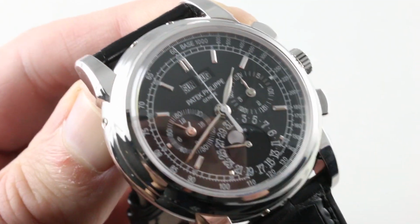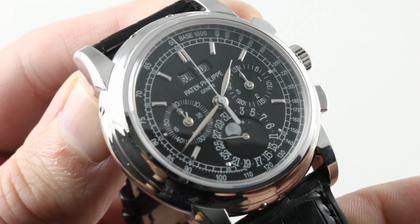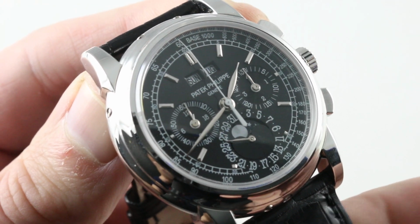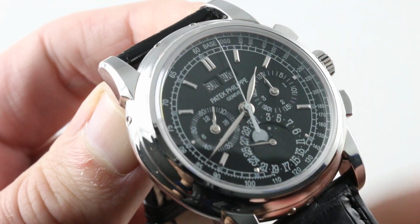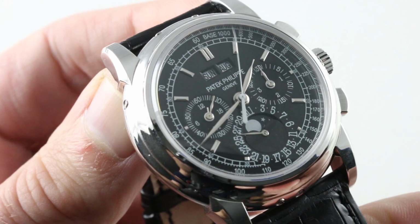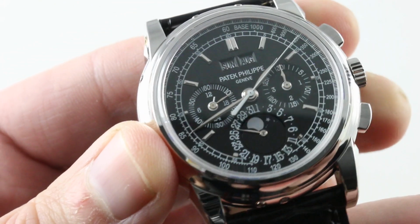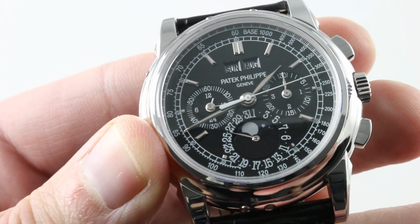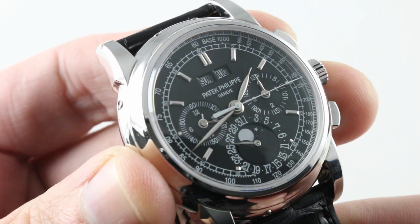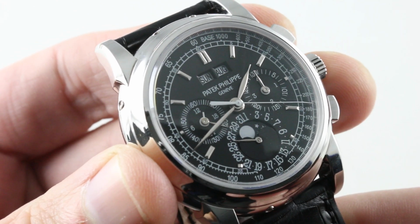You will note that the dial is classically arrayed with a couple of mono counters and aperture day and month. We may as well start the chronograph so we can watch that roll along past the base 1000 tachymeter. Hey, you never know when you're going to take your grand complication to a race course. The timepiece features all applied white gold faceted indices for the hours, white gold hands, leaf style hands for both the minutes and hours of the day as well as the sub-registers, with the exception of the mono counter at